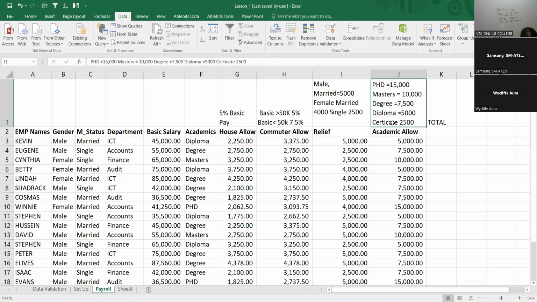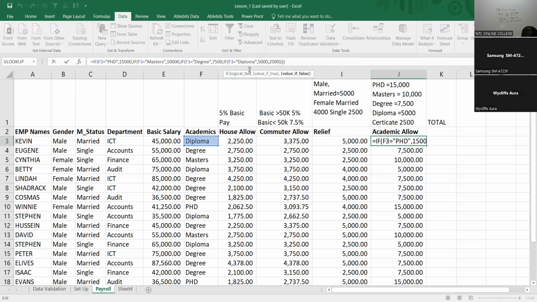But for those who are below certificate, they will not get anything. Probably they get a 0. So now I'll modify my function and say that if diploma holder, he gets 5,000. Else, if